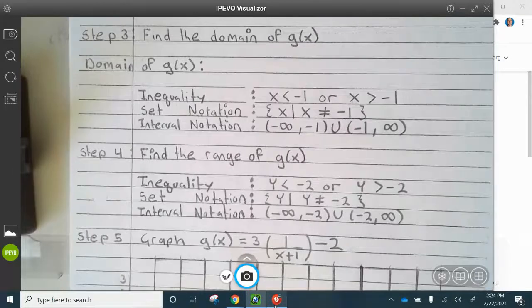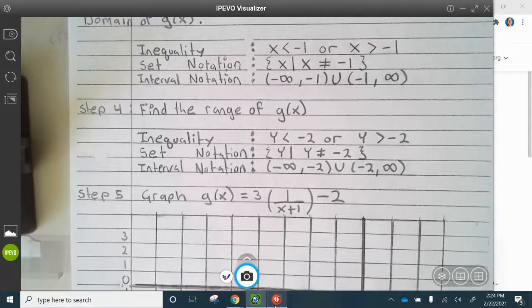Step 4, find the range of g of x. Inequality is y less than -2 or y greater than -2. Set notation is y such that y does not equal -2, and interval notation is -infinity to -2 or -2 to infinity. All right, so now we're going to graph g of x equals 3 divided by x plus 1, parentheses,